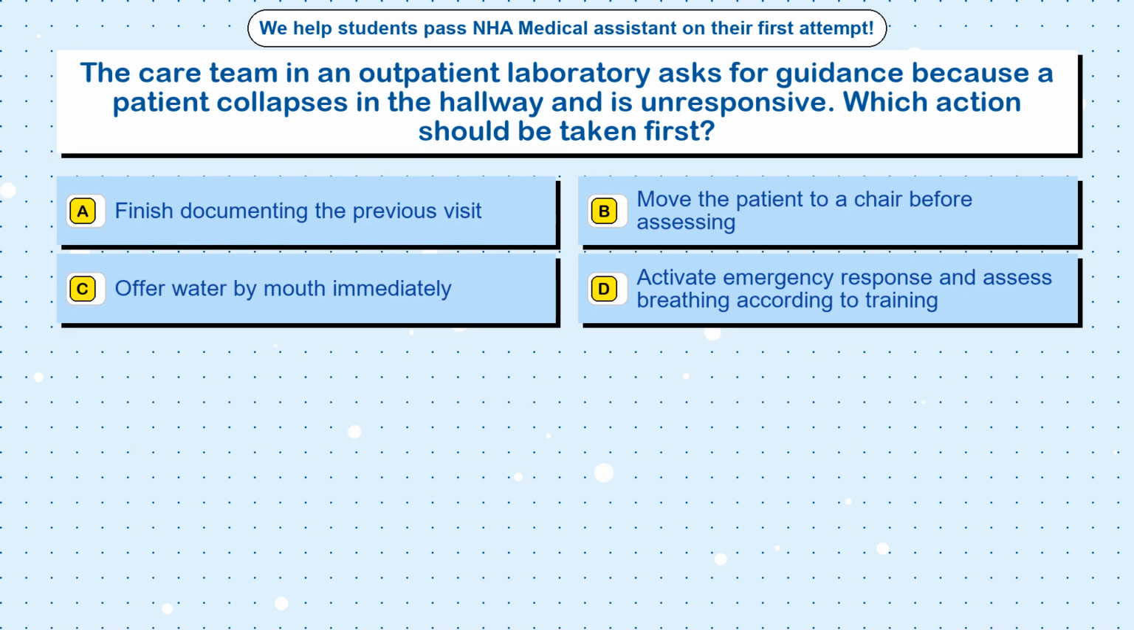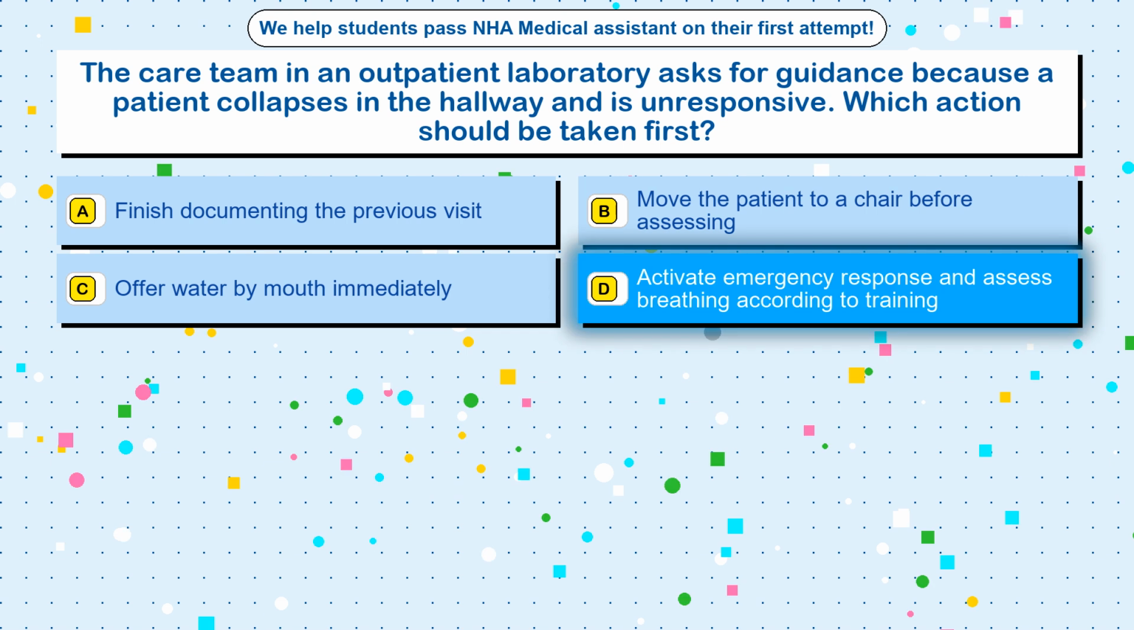Question 34. The care team in an outpatient laboratory asks for guidance because a patient collapses in the hallway and is unresponsive. Which action should be taken first? Option A. Finish documenting the previous visit. Option B. Move the patient to a chair before assessing. Option C. Offer water by mouth immediately. Option D. Activate emergency response and assess breathing according to training. The correct answer is